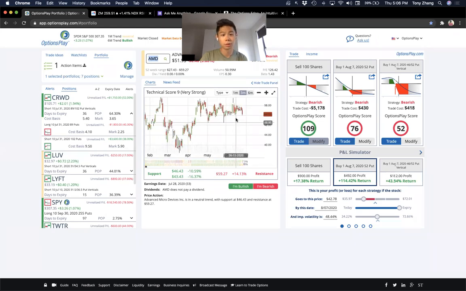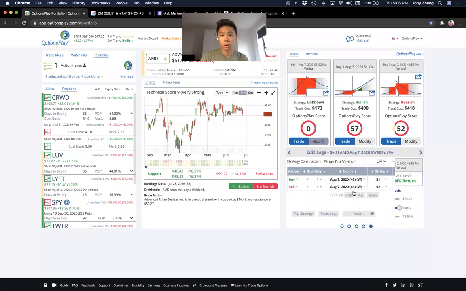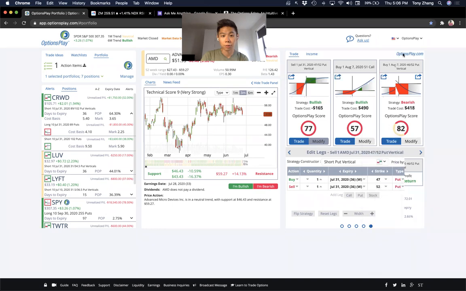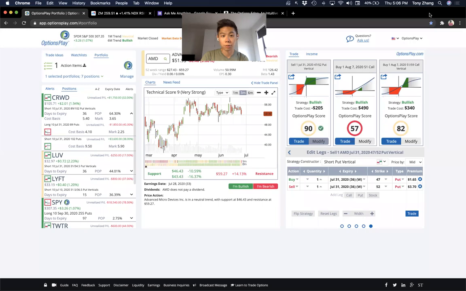The chart for the two looks relatively similar, and AMD has really found a bit of support here around 52. So my preference here is to sell put spreads on AMD, something along these lines where I'm selling maybe a July 31st 52-47 credit spread. That's five points wide. I'm collecting $2.05, a little more than 40% of the width. That's the type of vertical spread that I kind of like here on AMD.